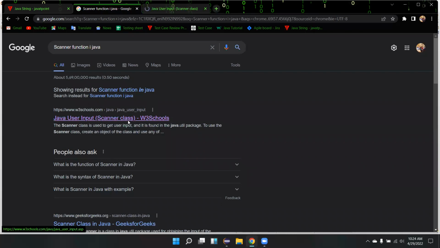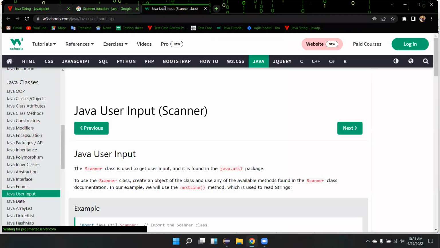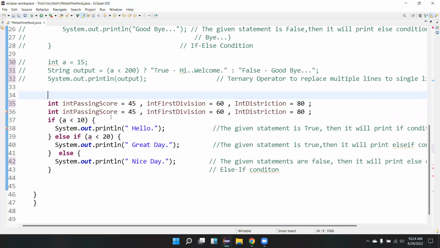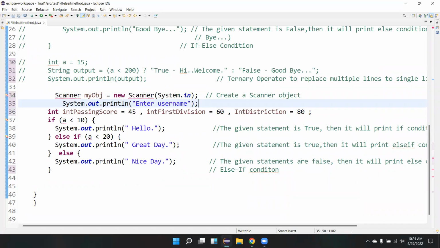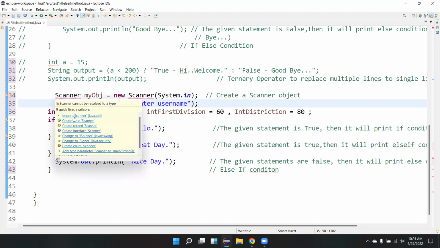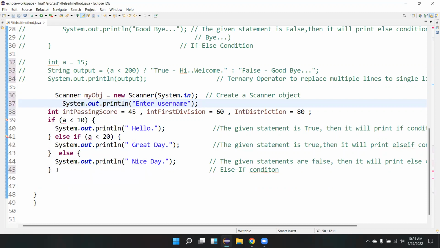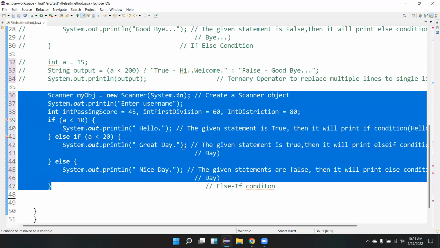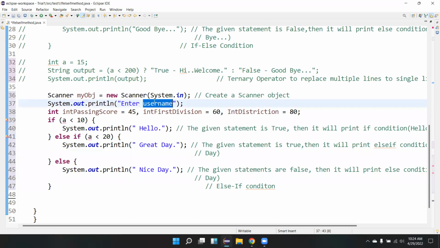If you want to give some input from your keyboard, just bear with me for a few minutes so that I can show you something to make it easy for you to understand. Enter student score.